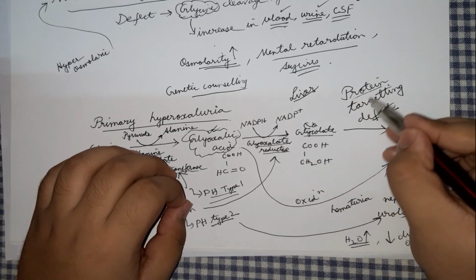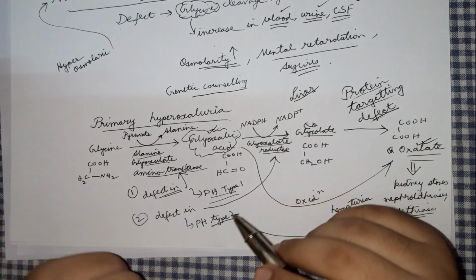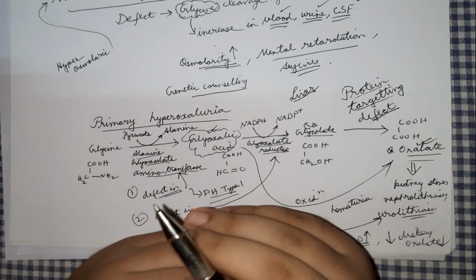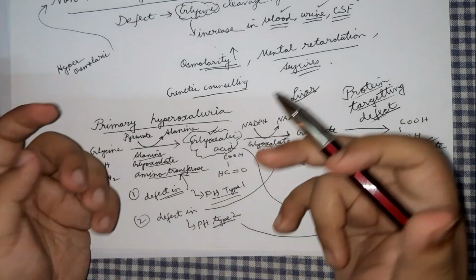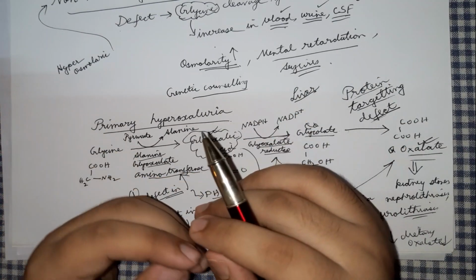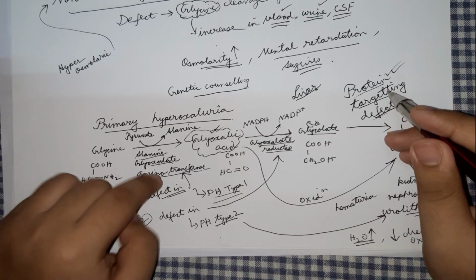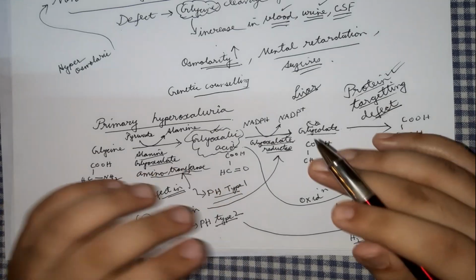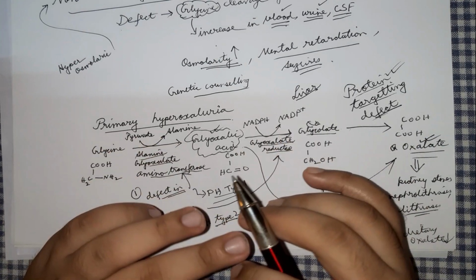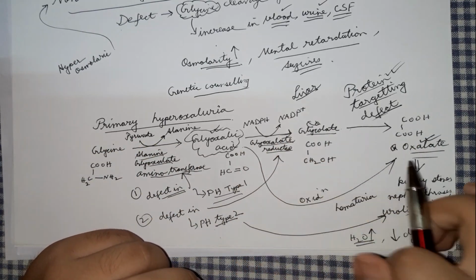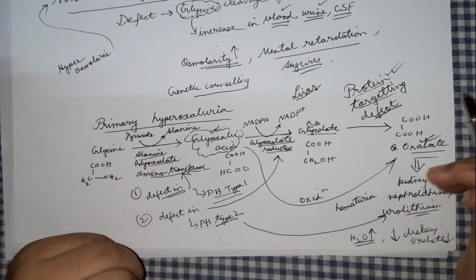But due to protein targeting defect, this hepatic peroxisomal enzyme, alanine glyoxalate aminotransferase, instead of being transferred to the peroxisome, it is transferred to mitochondria. So in the mitochondria, a peroxisomal enzyme cannot work, right? So it is inactivated. So hence a protein targeting defect actually makes this enzyme inactive, and hence there is primary hyperoxaluria because an increased pool of glyoxalic acid is formed. Hence oxalate is formed in large amounts and it deposits as kidney stones, leading to nephrolithiasis, urolithiasis, and